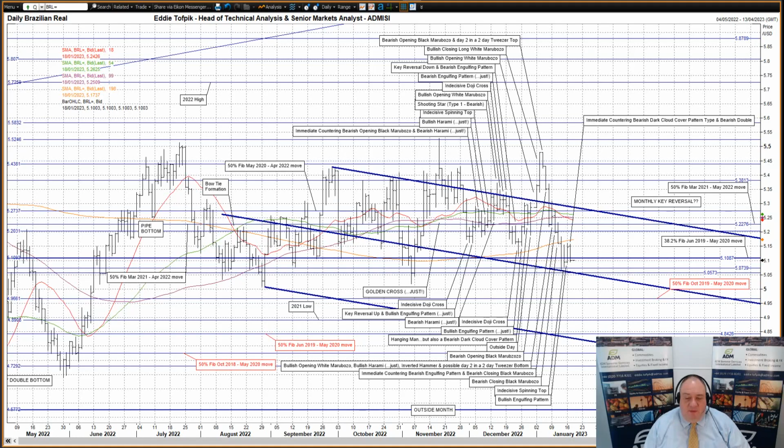Yet perhaps the most interesting recent action has already happened by last Thursday, and that was the setup for a monthly key reversal for January already. If we close on the 31st of January either under 518.51 or over 528.60, then we'd be on. Anything in between will have a lesser outside month pattern.